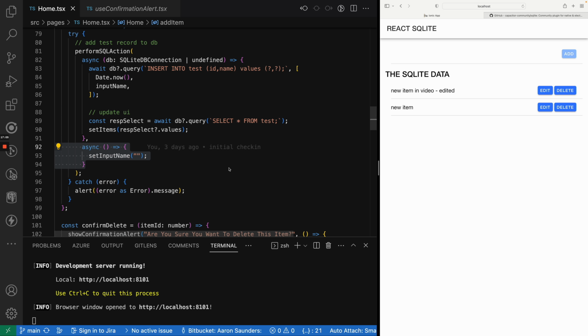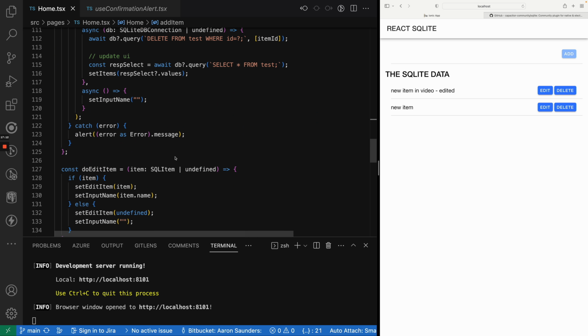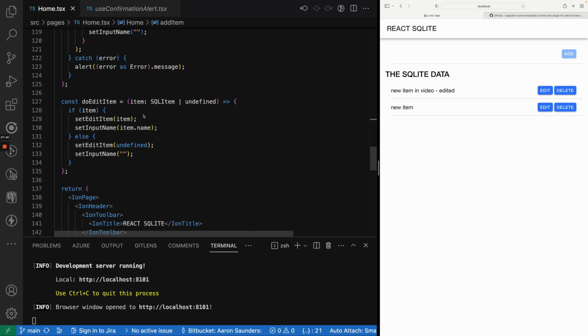All right, the next thing is my confirm delete. Well, I'll cover that when I cover the delete item. So we've added an item. If I want to edit an item,